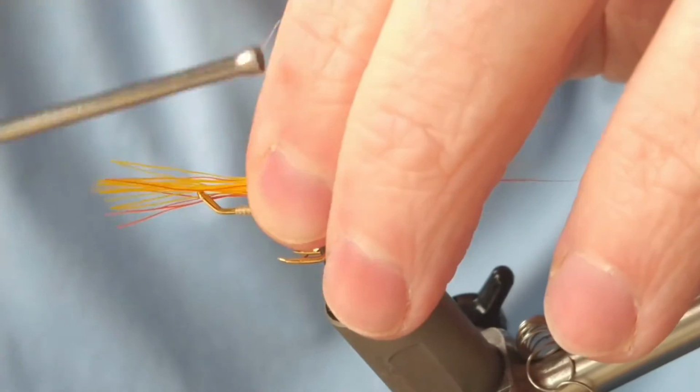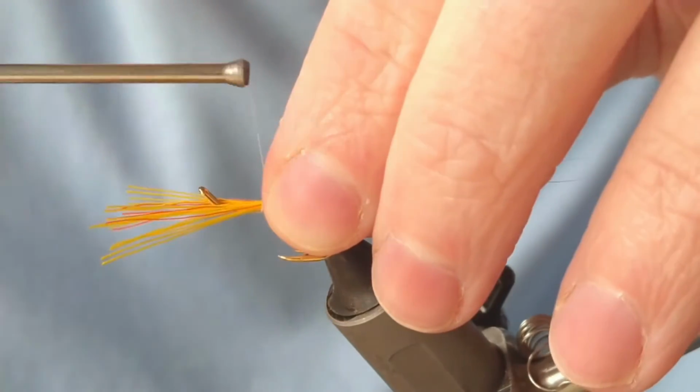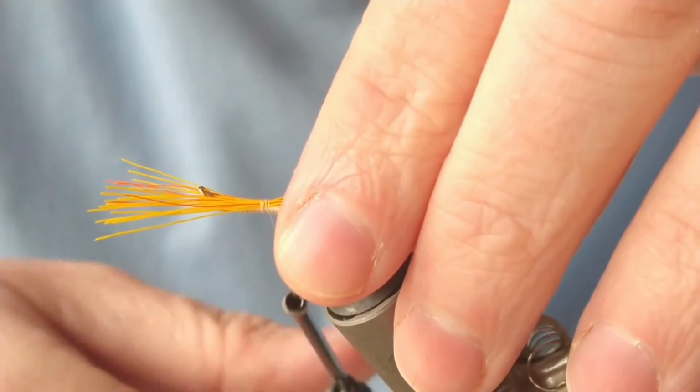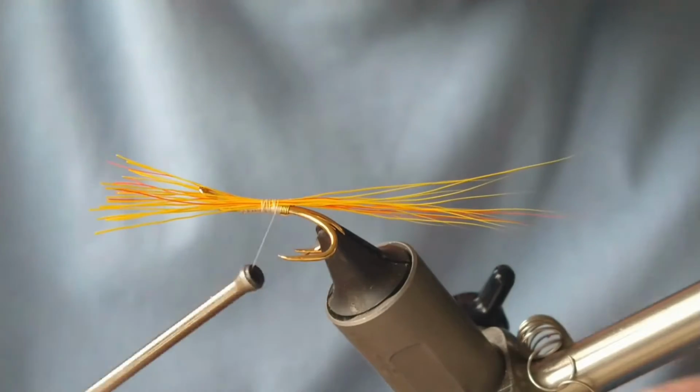Okay, so I'm just going to hold this in, pinch and loop, and never secure it in very tightly, because being bucktail, if I put a lot of pressure on it, it'll just splay. So I just do it very fine until there's enough pressure